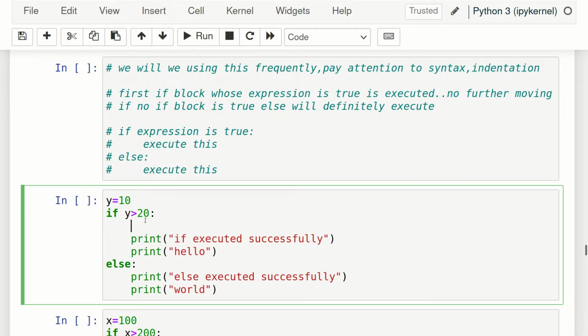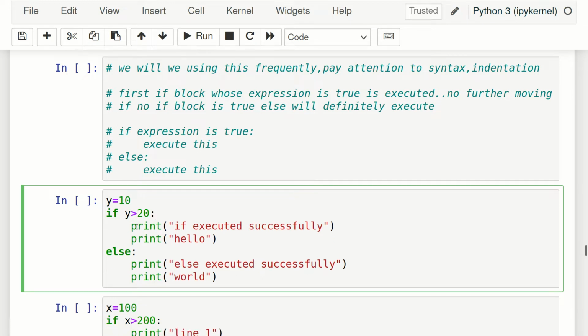Any compiler you use will give indentation for you. But if it is not giving indentation, try giving 4 space bar presses. We can see here 1 2 3 4, 4 space bar presses is 1 indentation.